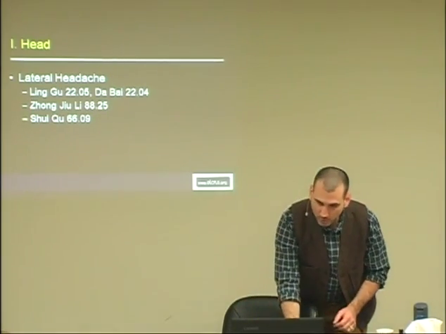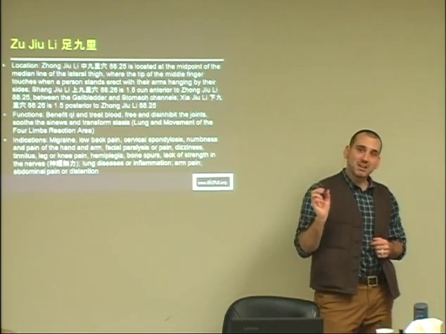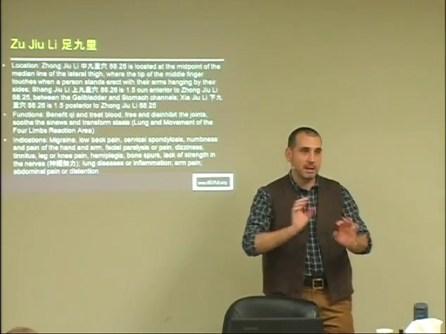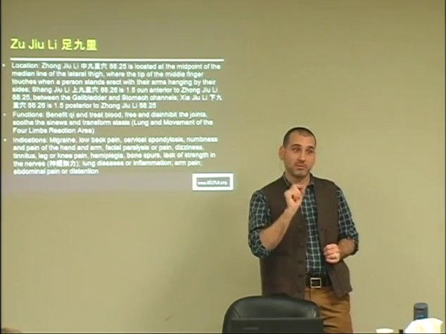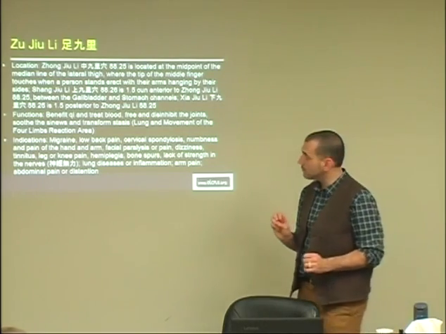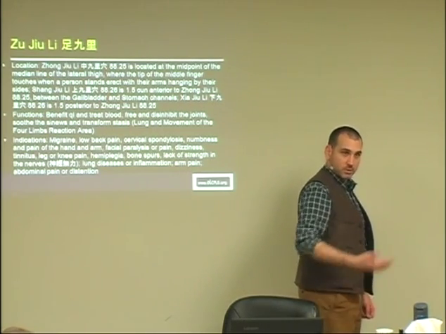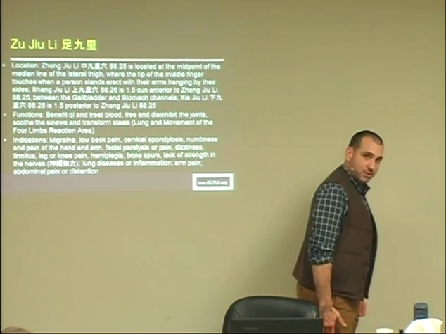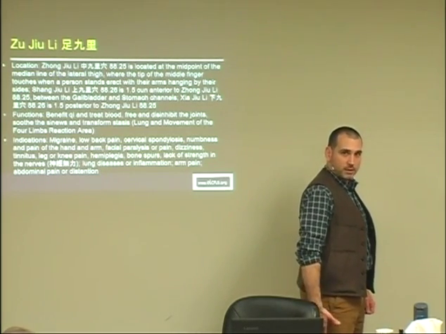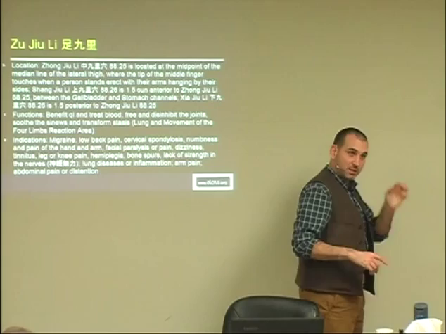With zone 8 we will frequently see in this area of gallbladder 31 a cluster of small blood vessels. When you see that, even if you're not doing bloodletting, you can needle in the area where you see the cluster of small blood vessels, even if it's not tender. That's another aspect of reactivity. The upper 9 miles is 1.5 tsun anterior, so it's on this horizontal line, 1.5 tsun anterior. The lower 9 miles is 1.5 tsun posterior. The main point is the one in the middle, but you can add the 3 points across if you want to augment the effect.